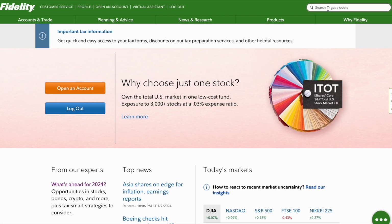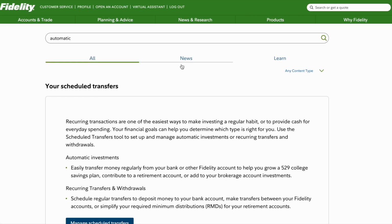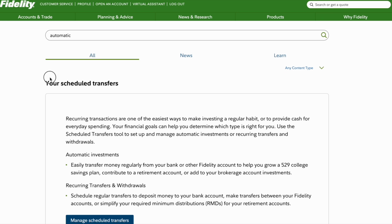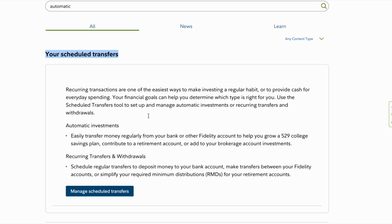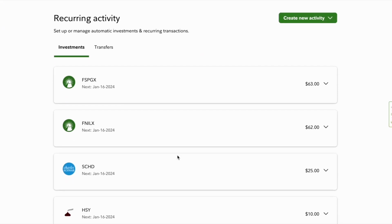So guys, super simple. Just in the search, type in automatic, click enter. You'll see your scheduled transfers, and then you're just going to scroll down to manage scheduled transfers. And then this is what I have set up right now. So every Monday,